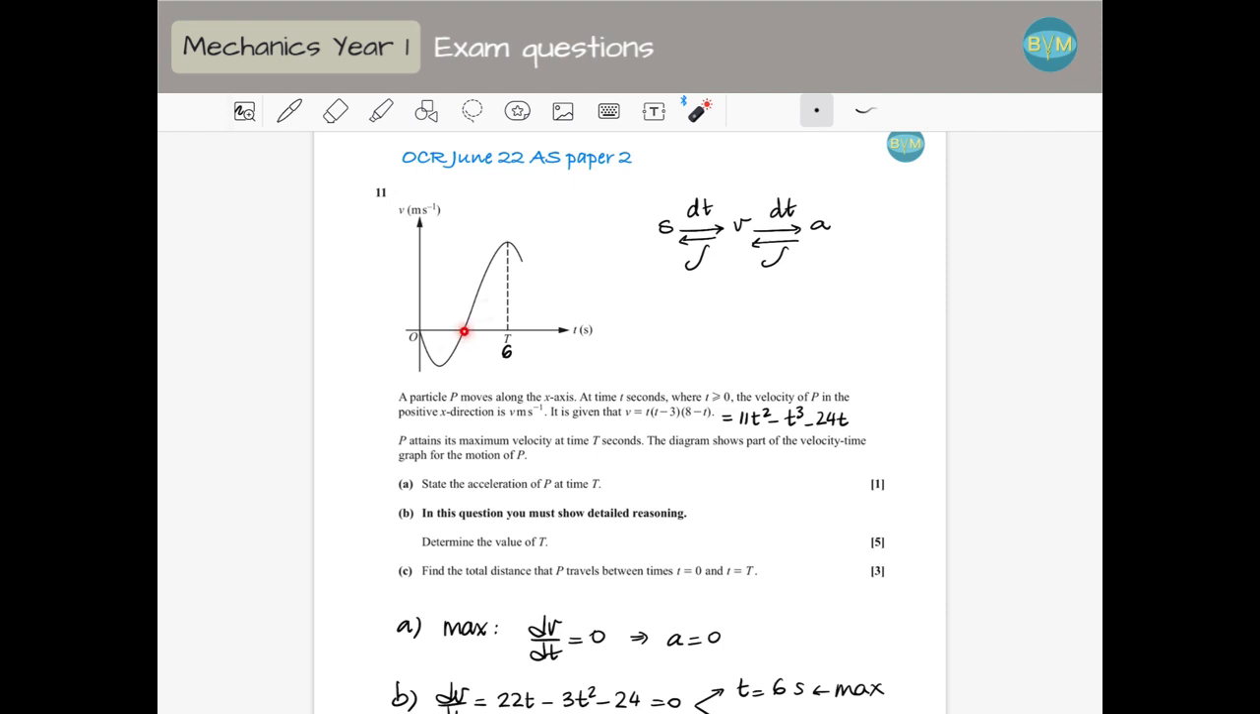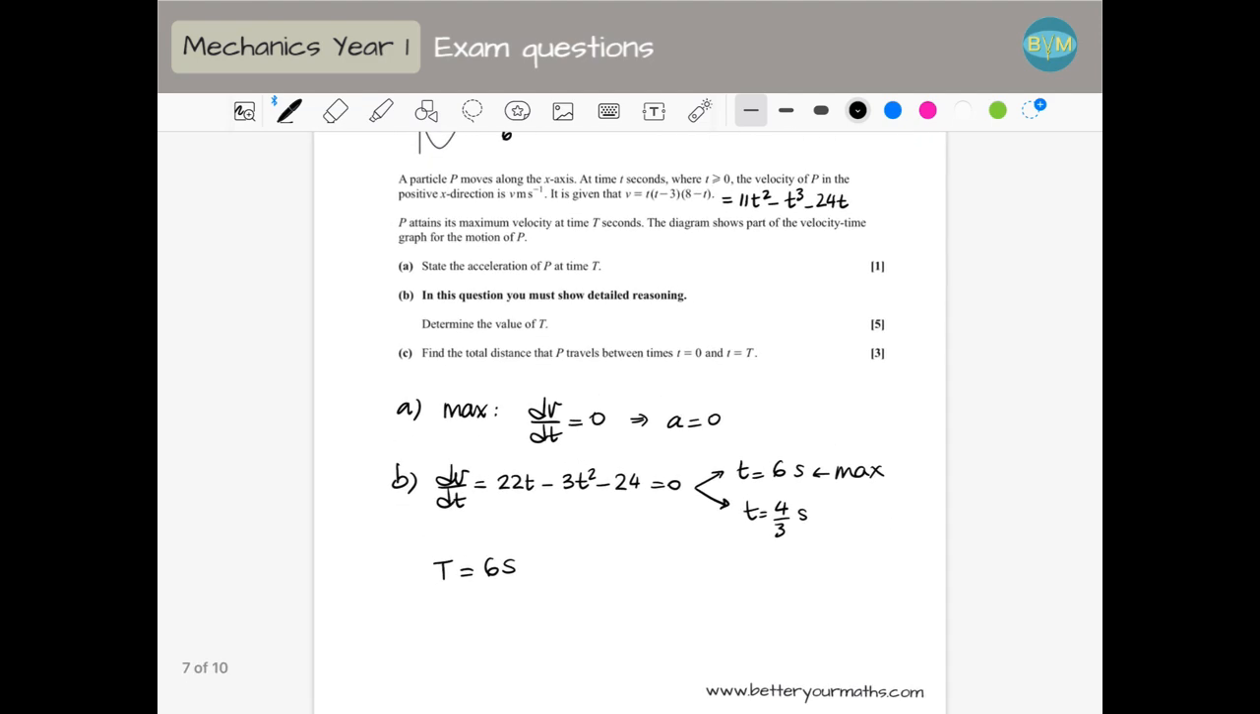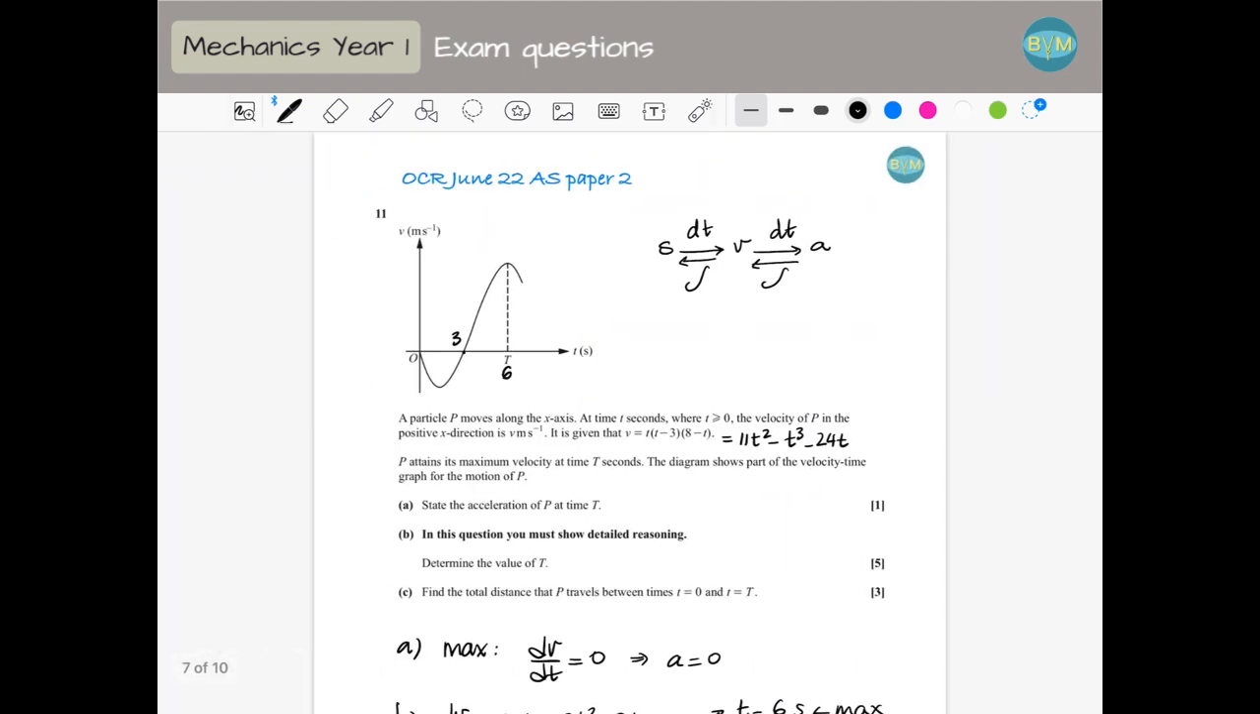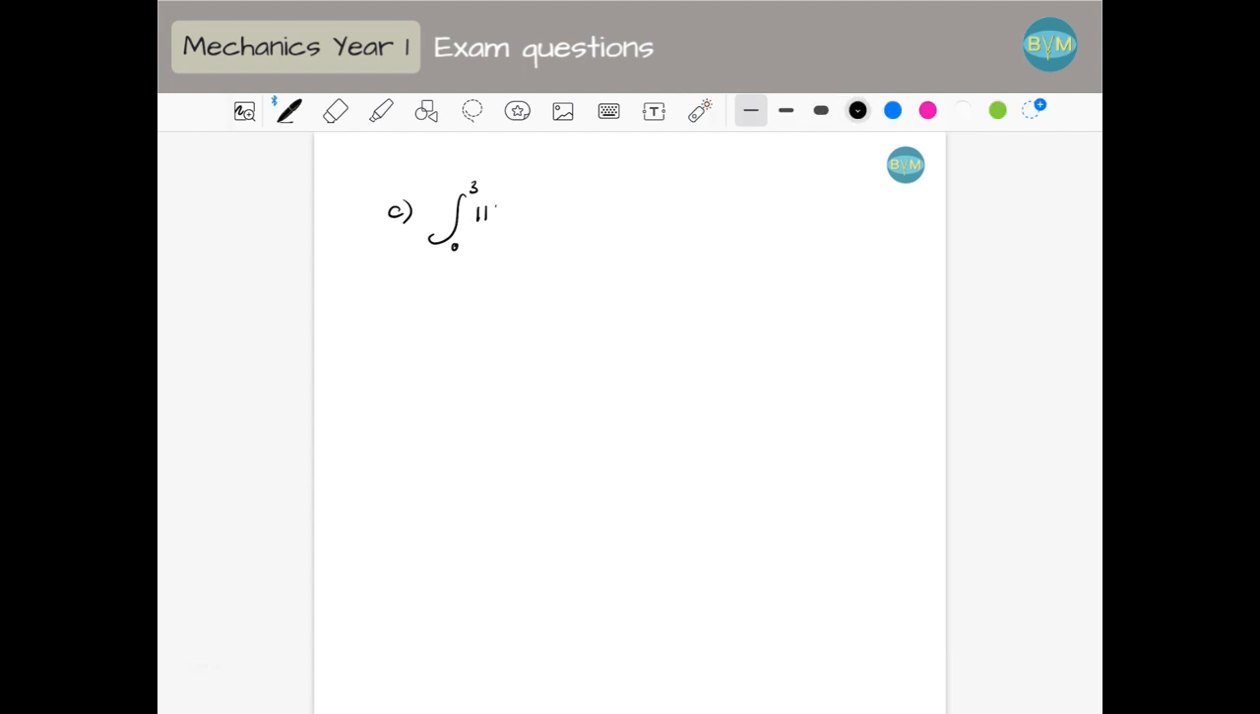So my quadratic roots are 0 here, 3 here, and 8 over 3 somewhere here. Yeah, so this point is 3. It's just the root of the quadratic. So I'm going to integrate between 0 and 3 and between 3 and 6. So the distance is going to be, for part c, I'm going to integrate between 0 and 3 my velocity function. So my velocity function is this one, 11t squared minus t cubed minus 24t dt,